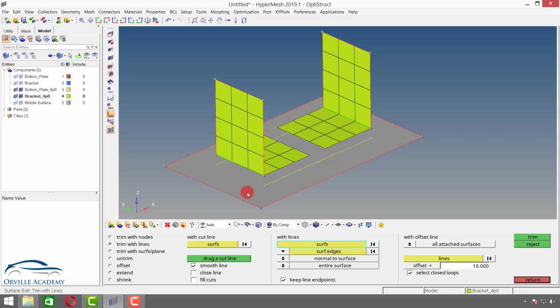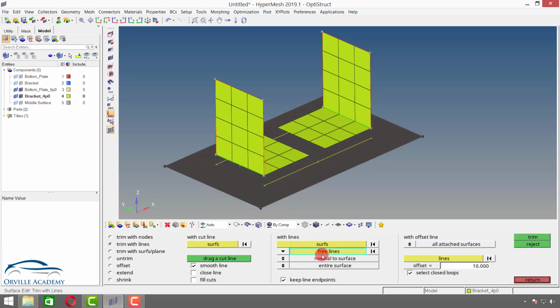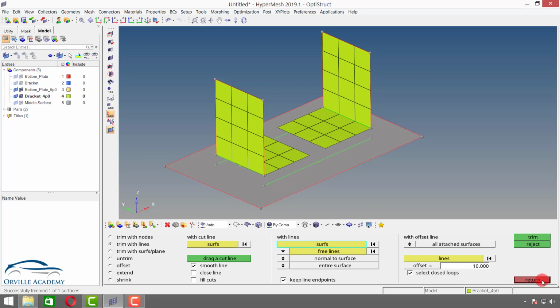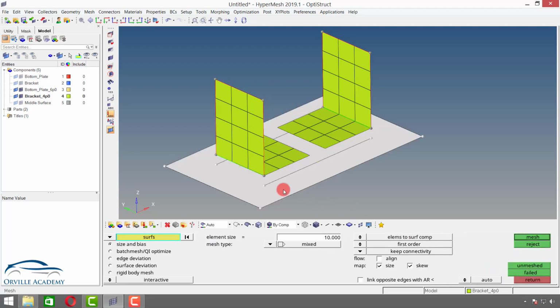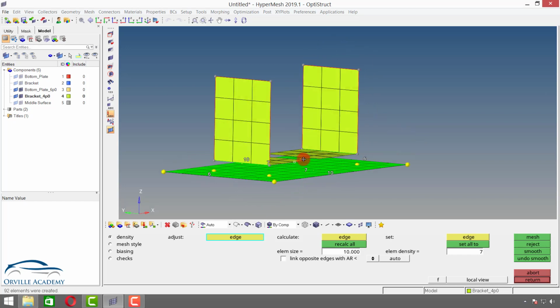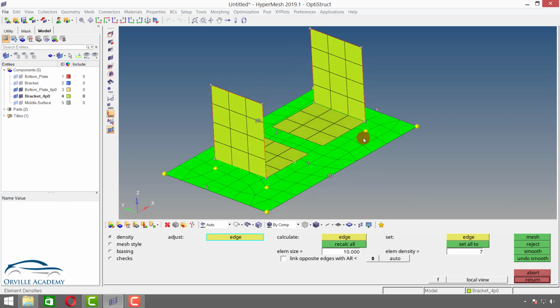So I have to trim this surface with the help of, let's say, free lines. So these are my free lines, first one, second one, normal to the surface, and then say trim. And now if I try for meshing, let's go for F12, select it and mesh it. You can see the edge is getting respected for the mesh. So nodes are getting exactly placed, elements are also getting exactly placed.